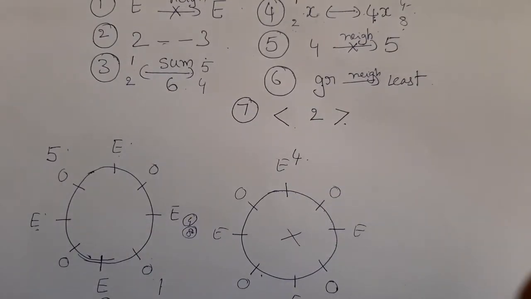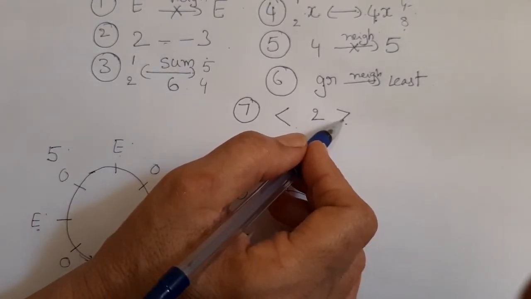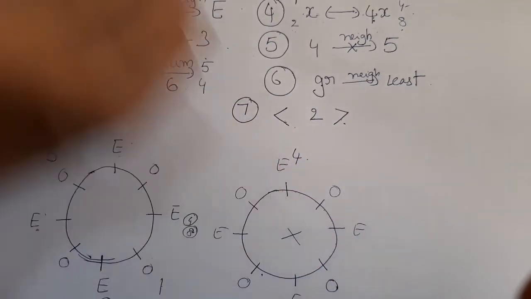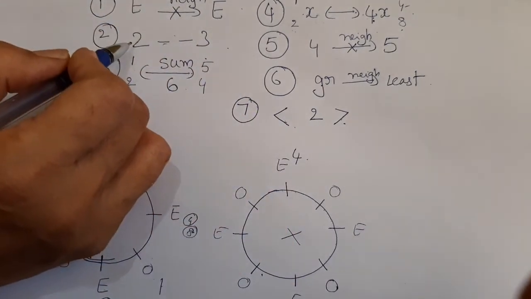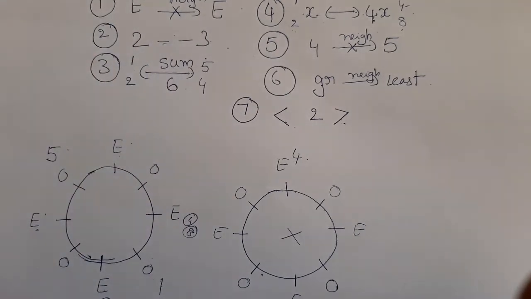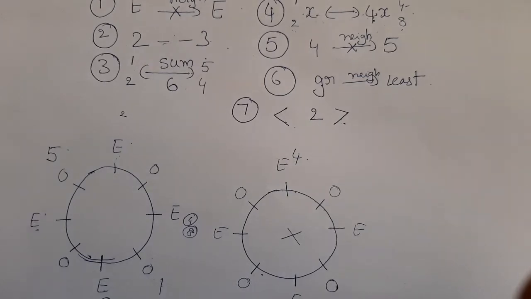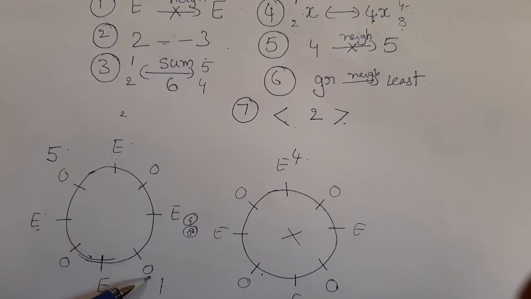Now coming to 2. The greatest number must come in the right side of 2 and the smaller number must come in the left side of the 2. And these two we can connect and see. Between 2 and 3, 2 numbers must come. So for 2, there are 2 places left, this and this. If I take 2 here, then where 3 must come? 2 after 2 numbers. Already 1 is there, not possible. 2 numbers means here it is possible.